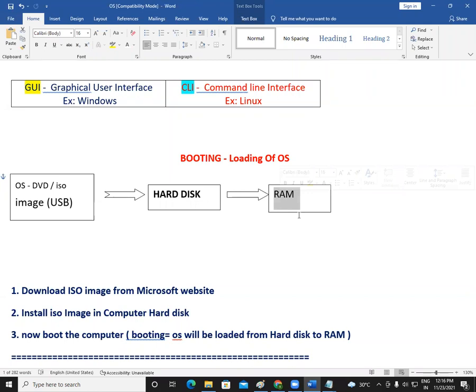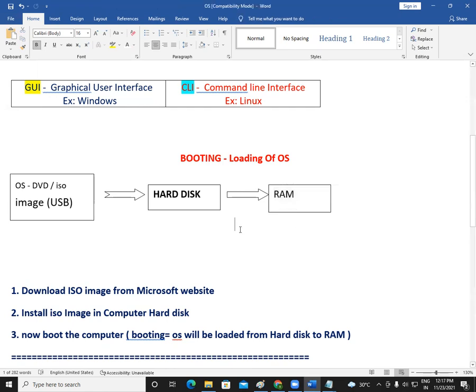Mobile phone also has an OS, right? That is your Android OS. It is there inside your flash. Mobile phone has something like a hard disk. It's not a hard disk, but it is something like a hard disk where we can save data permanently. It is called flash. So once you power on the mobile phone, the operating system from your flash will go to RAM in your mobile phone. So the same process will happen in each and every device.